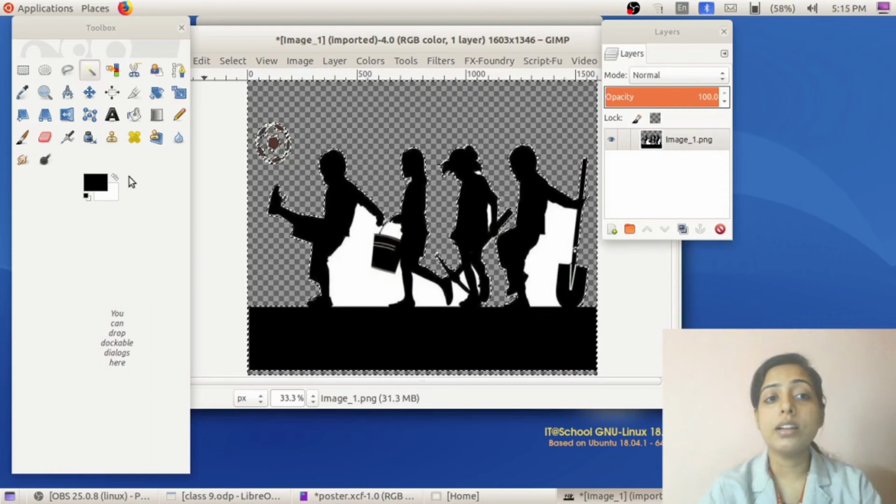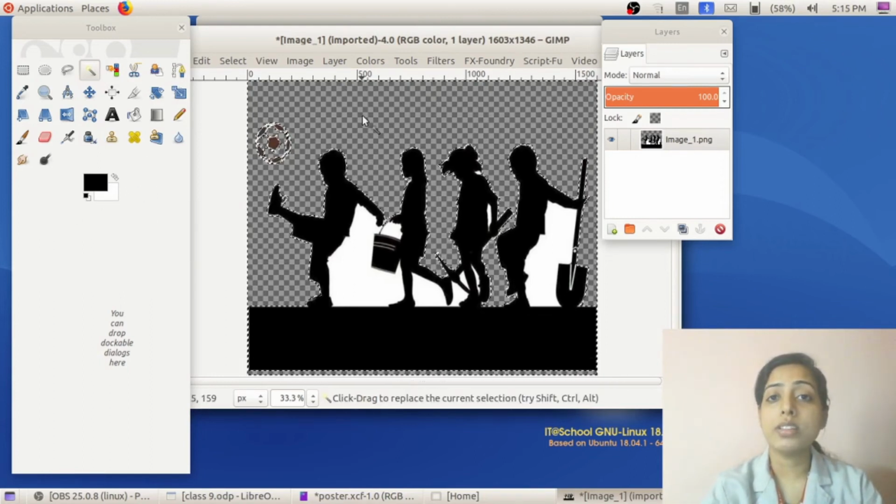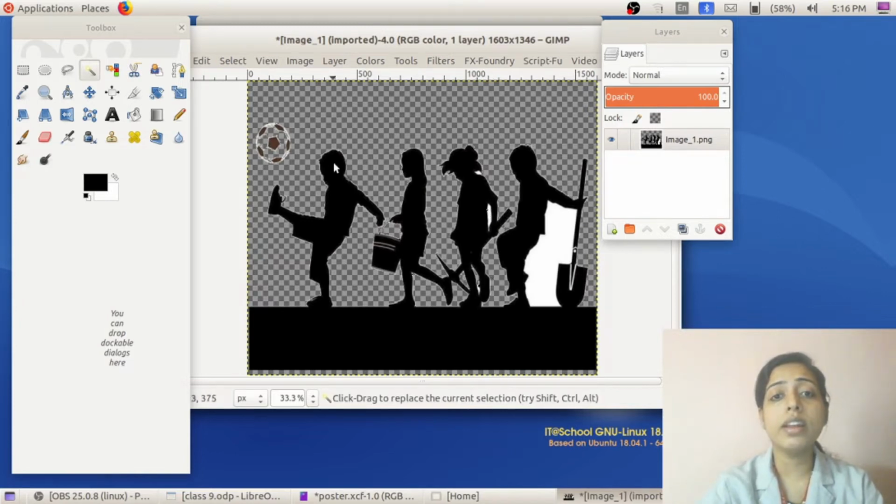If you select another color in the foreground and background option, suppose it is green, if you press the delete option, green color will appear. So click on another white portion, press the delete button. Remove all the white color by using this facility. Click on the white color, then press the delete key from your keyboard like this. Click on every white background and press delete, because we only need this image and we don't need the white background color.